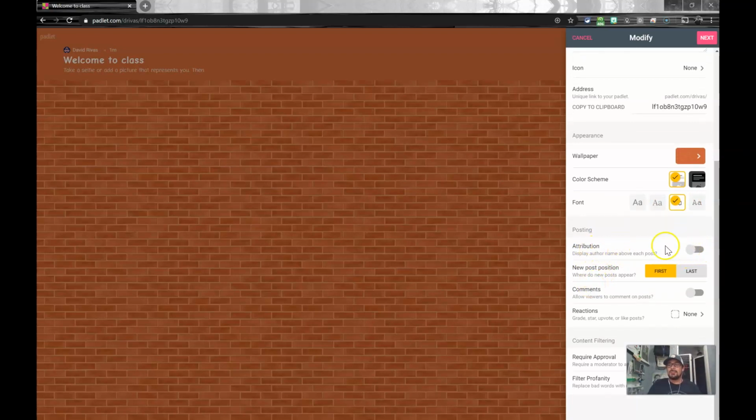So here you have some options. If you turn this on, then all the participants, so everyone who contributes to this, has to create a Padlet account. Then you know who's doing what. In case a student does something inappropriate, you might want to consider that, because it'll be associated with their email address. Or if you leave it off, then anyone with access to the link can